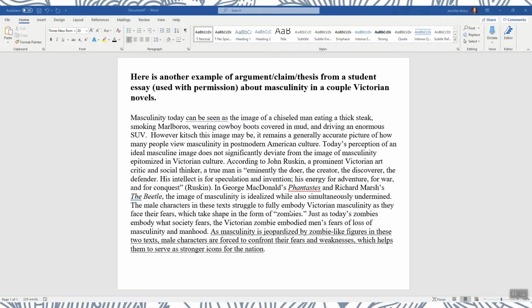Here's a final example, another simple example from some student writing that I used with permission, of argument. This one appears as a traditional thesis statement, as in the very last sentence of the essay. Keep in mind, though, that thesis statements, arguments can really appear anywhere in the essay and should appear in numerous places. In this essay, the student writes about the concept of masculinity in a couple of Victorian texts, and